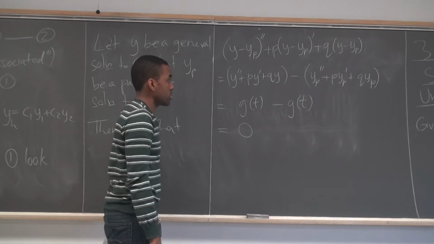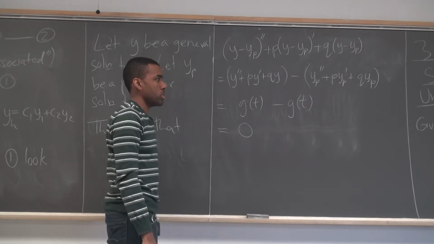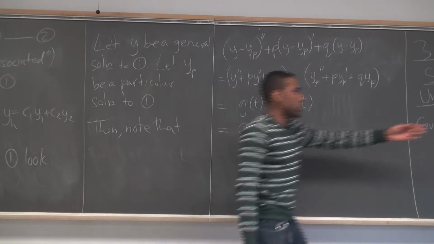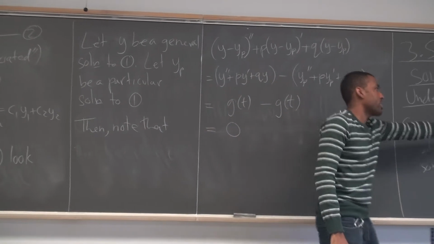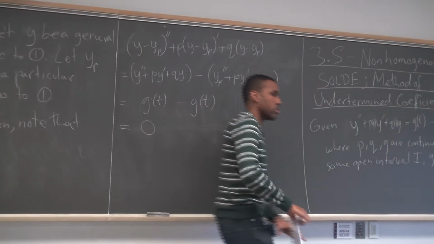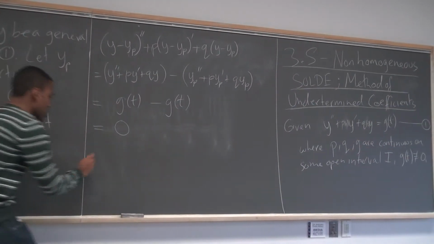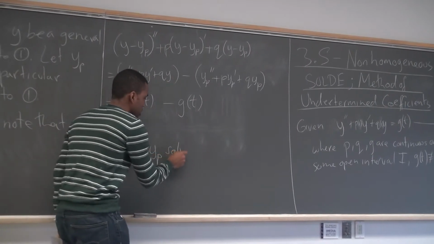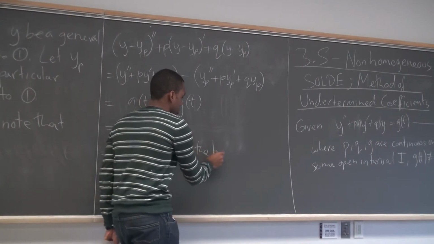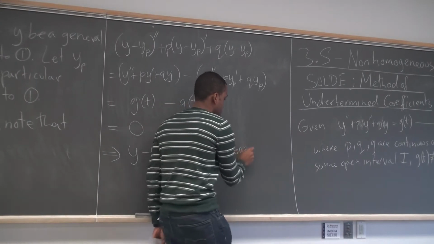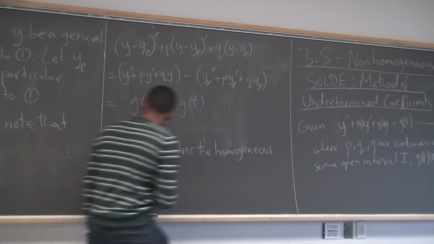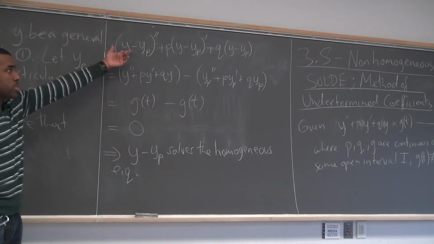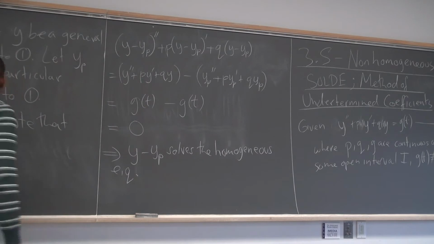No, G. Yp is just a solution to this, right? So if I plug it into that, it should give me that answer. Right? So it's 0. What does that mean? This means that y minus yp solves the homogeneous equation. If I plug in y minus yp into this differential equation, the result is 0, which means it actually solves